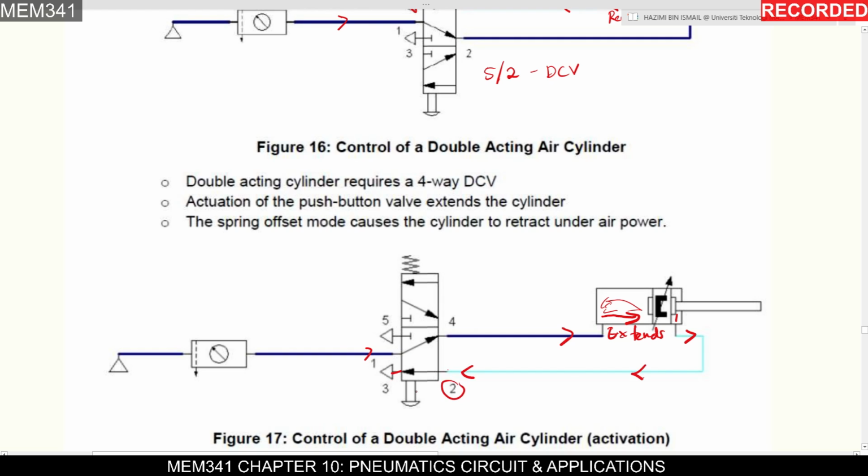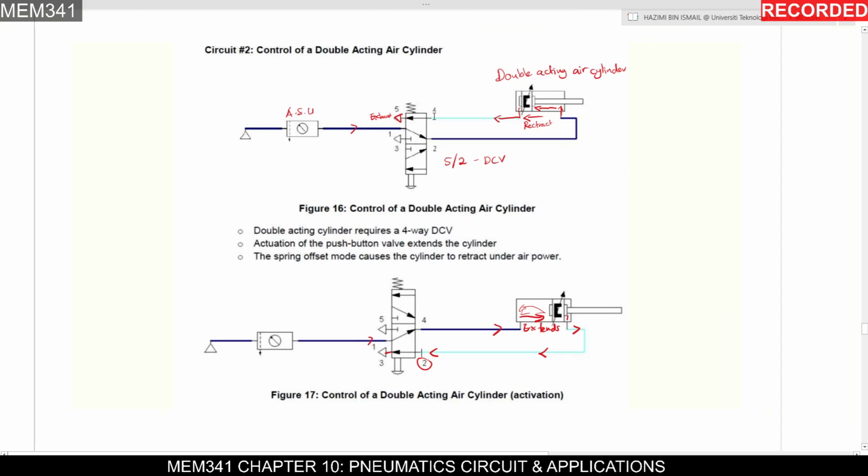Okay, what happens if we release the button here? It will go back to the original position. The DCV will return back to this position, and then the cylinder will retract. So in the end, you have to conclude the summary of the response of the system, okay, by